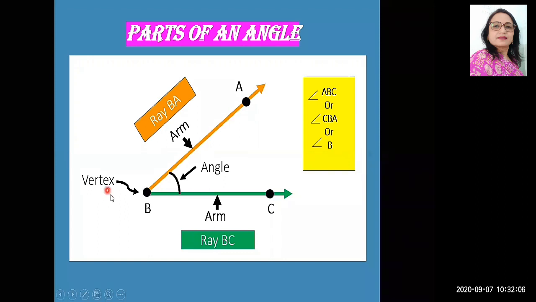Now see the arms. Students, we all have two arms. So the same way, an angle also has two arms. Here are the arms, ray BA and ray BC. These are the two arms which make this angle ABC. Remember students, start the name of the ray, which are the arms, from the vertex, that is point B. So write ray BA and ray BC. Okay.